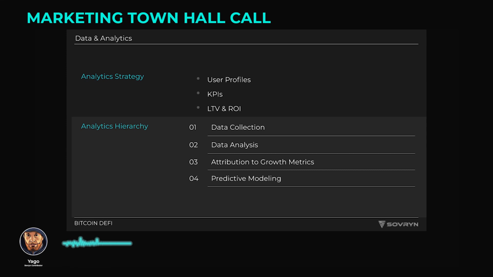so that we can target what we're doing to basically someone that feels like they're a friend to us in terms of what we know. Beyond that, there's KPIs or key performance indicators. This is tied to OKRs. So the current measures that we're putting down for every single team, for Sovryn as a whole,